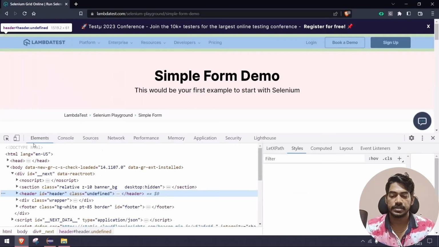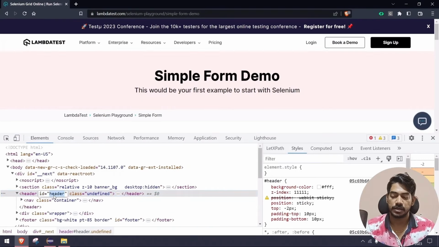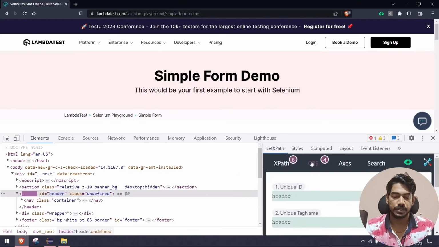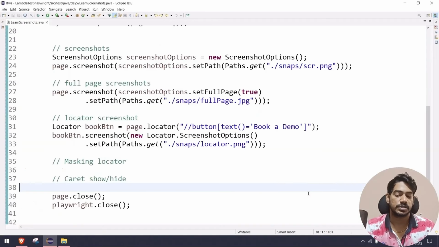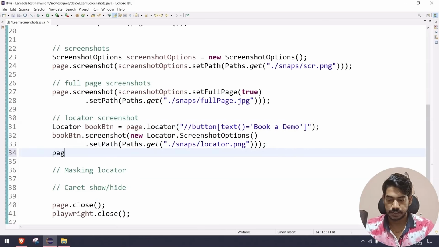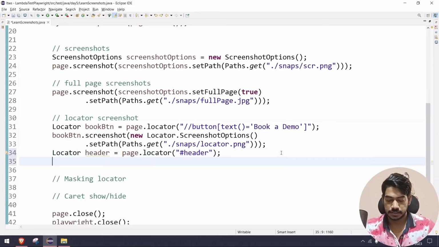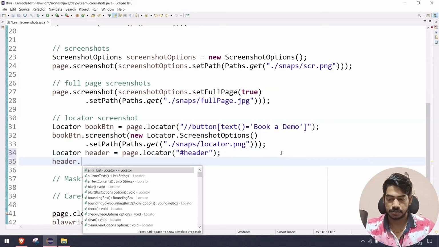For example, let's say that we want to take this particular region, the header basically, right? If I go and inspect this one, this is my header with the ID called header, which should be unique, I guess. Yeah, it's unique, so we can just use this. So here I can say page dot locator, followed by the locator, and that's going to return me the header. And I can say header dot screenshot,